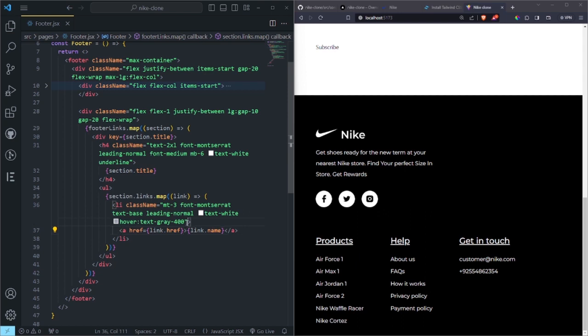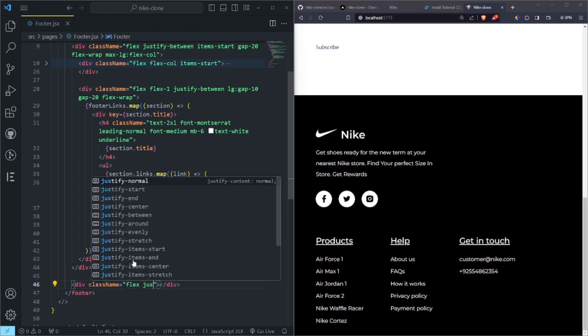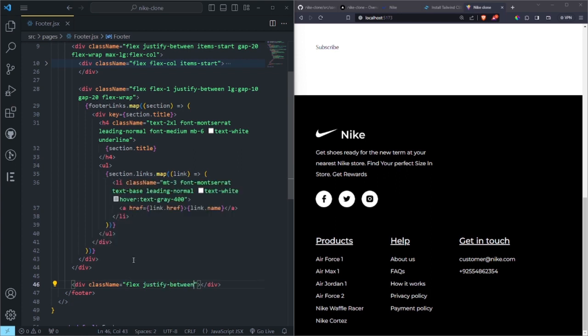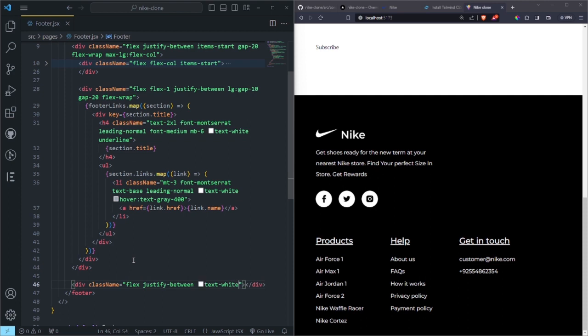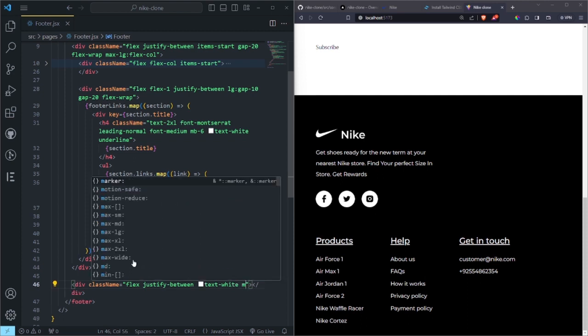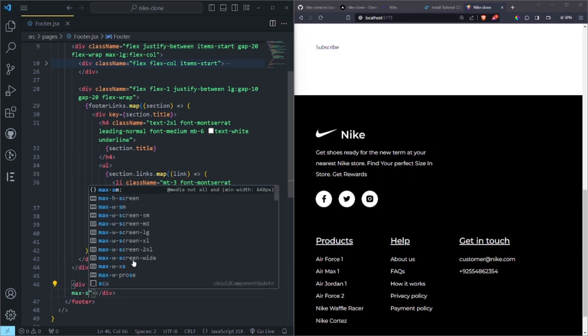The cursor isn't a pointer, but you can change that on your own. So below this one, and then not that one, but this one, and then two divs down, you want to add another section which is going to be flex. And then here you want to do justify between, and then here you can do text white like that. And then you can do margin top of 24, and then you can do max small to flex